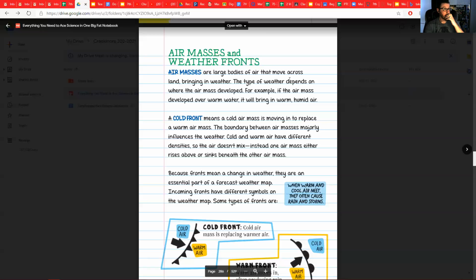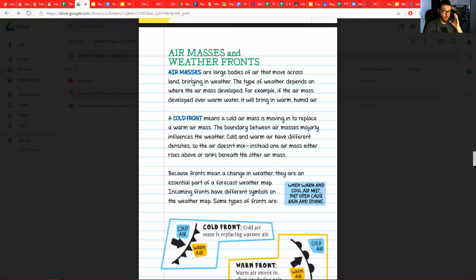Okay, and so these large bodies of air, if we're looking over here at the air masses thing, move across land and they bring weather with them. Wherever they go, they take weather. And the type of weather depends on where that air mass developed or came from. If it developed over the ocean, it's going to bring moist air with it, so you're likely going to have some kind of precipitation. If it comes from over land, maybe over Mexico somewhere where it's a bit drier, it's probably not going to have as much moisture in the air. So it's going to be a drier